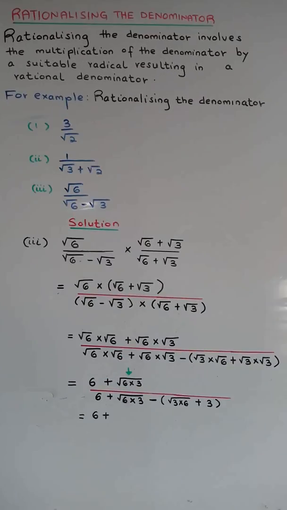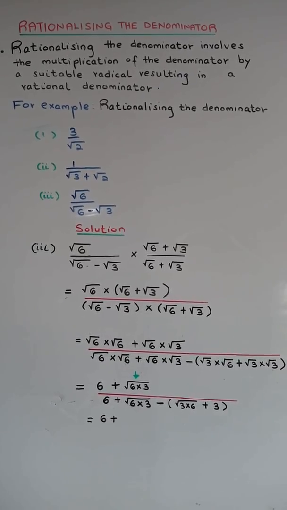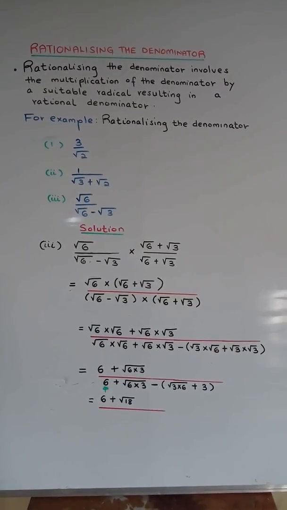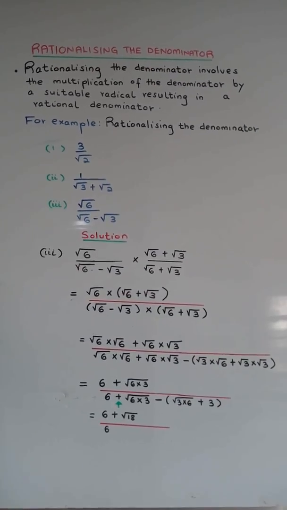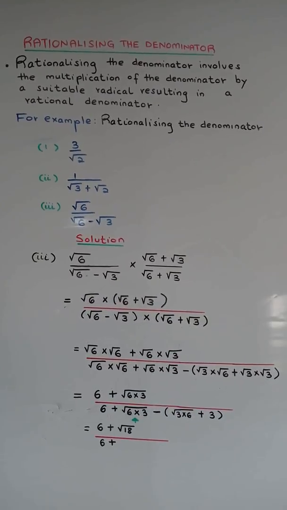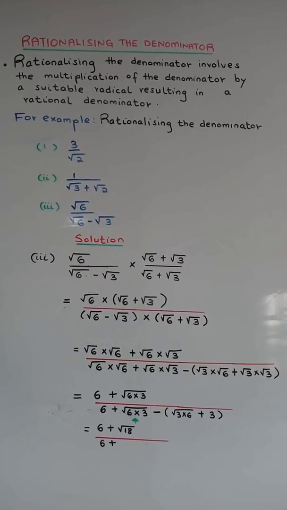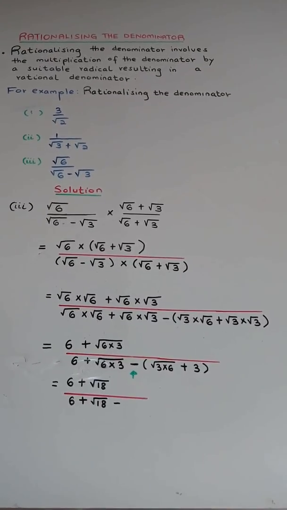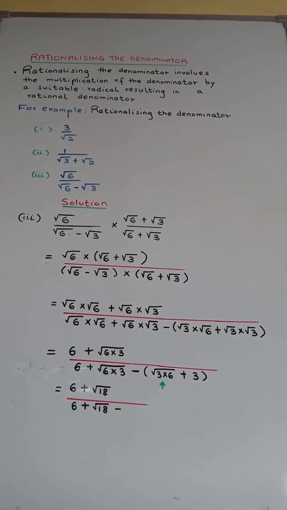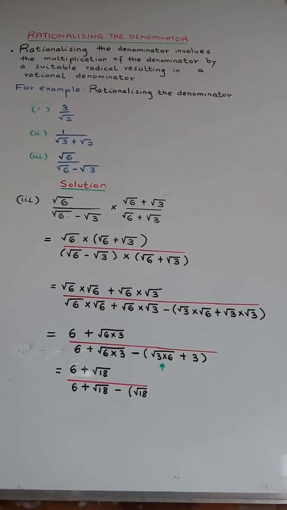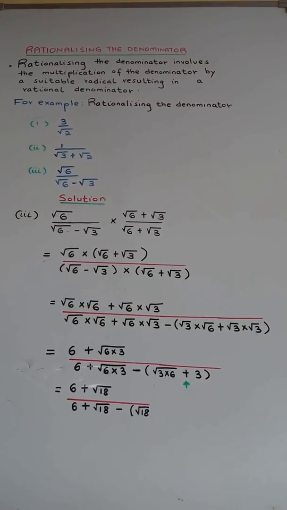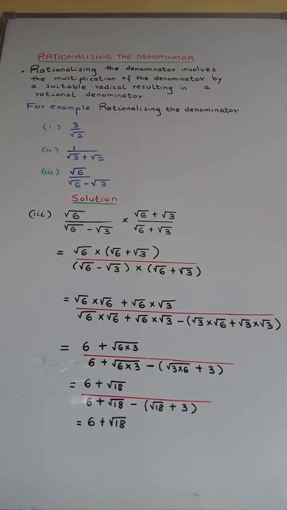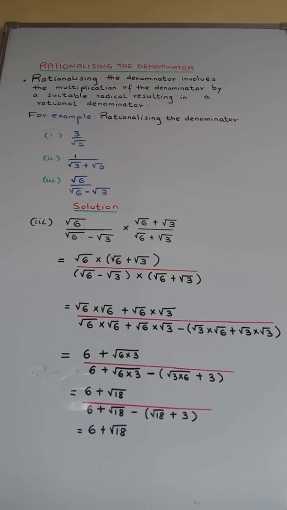plus radical 6 times 3 is equal to radical 18, over 6, plus radical 6 times 3 is equal to radical 18, minus radical 3 times 6 is equal to radical 18, plus 3, is equal to 6 plus radical 18 over